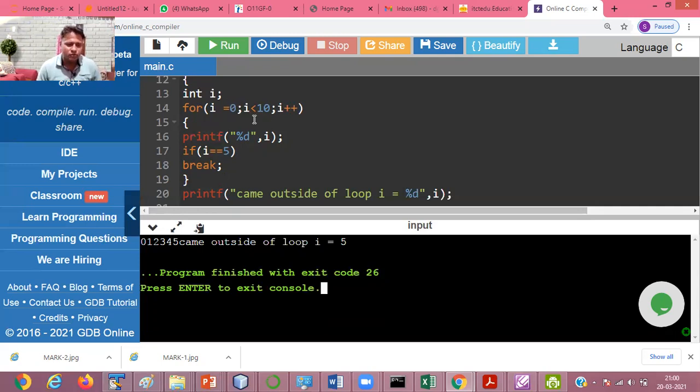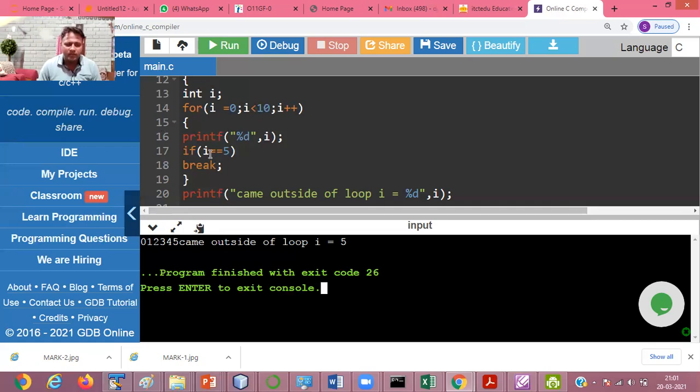Condition is true. Then it is printing 3. 3 is equal to 5? No. Then again the value is incremented to 4. 4 is less than 10. Condition is true. It is printing 4. Then 4 is equal to 5? No. Then 4 is incremented to 5.